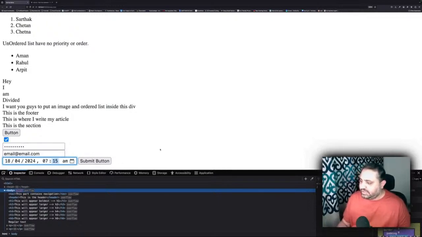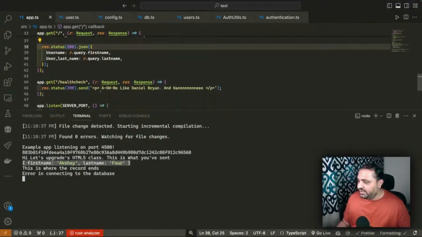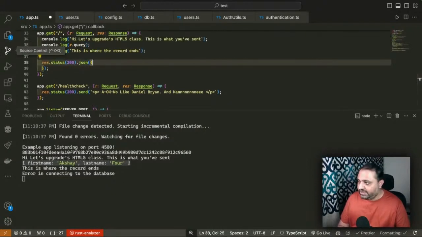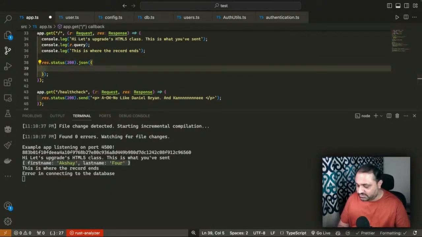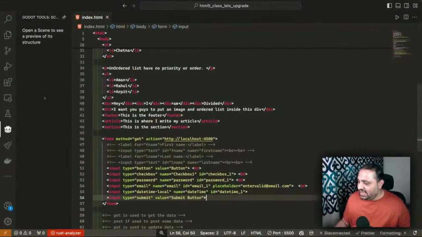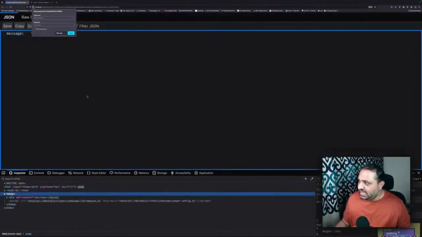Okay, and before I submit, I need to go here and get rid of this. I'll just call it message, okay, because now we don't have all of that, right? So let's just do message. Okay. Right now when I press the submit button, which I have, it first of all triggers my save